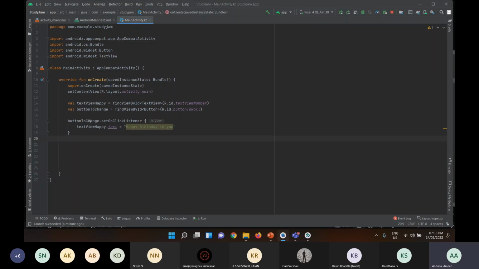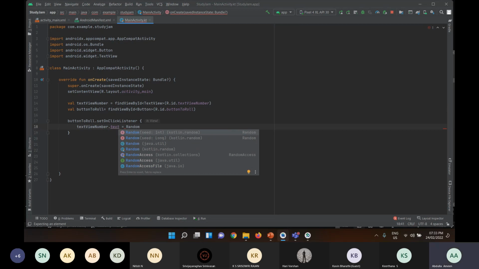Right. So we can change the text view, button to, and change that. So we want it to be a random number between 1 and 6. So what we'll be doing is using a random function. This is provided by,